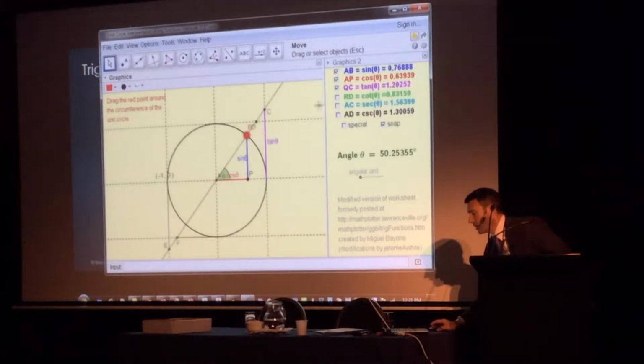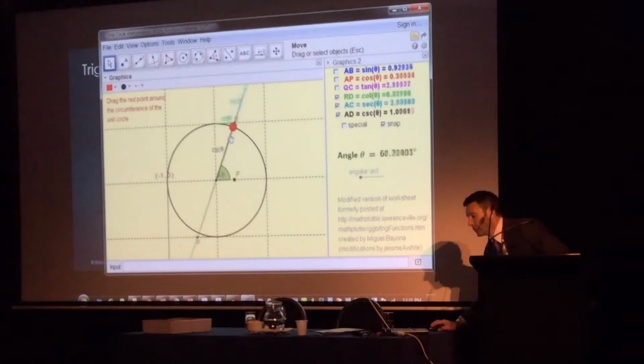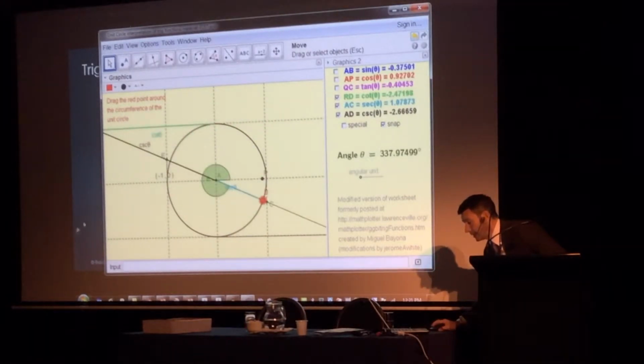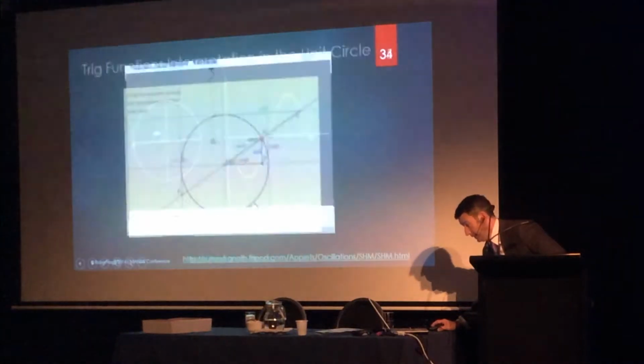And I'm not going to go into why, but it's quite easy then to see why these 3 represent cot, sec, and cosec. Okay? But it's pretty cool. You can go all the way around and see how they vary. That's quite nice. And another one which is quite nice,